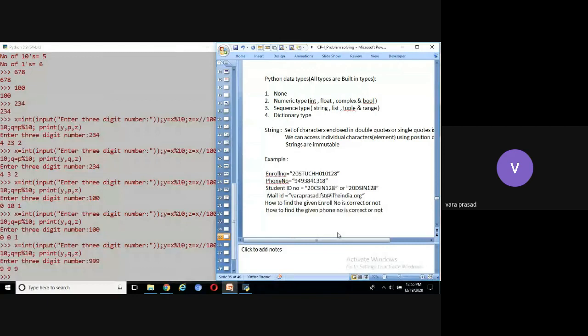What is a data type? Anyone can define, anyone can tell what is a data type? In the previous class, we discussed some data types: int, float, string. Kind of data. Kind of data, right. Good. Any other answers?